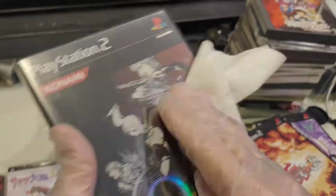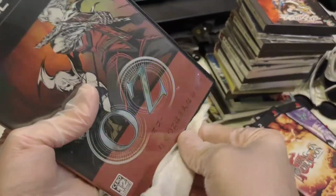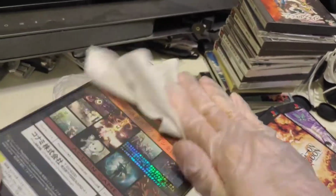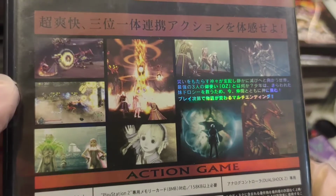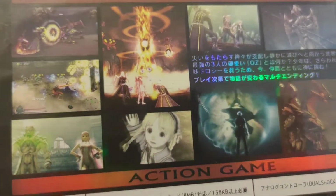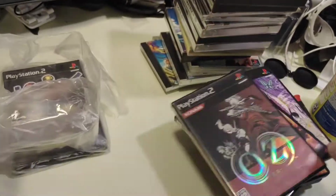Woots! Here's some cool Konami stuff right here. I would love to have this game ported to the PC and PS4, Xbox, Switch, PS5, Xbox Series X. It is just a really cool action game. It even says action game right there. See the foil? And last,